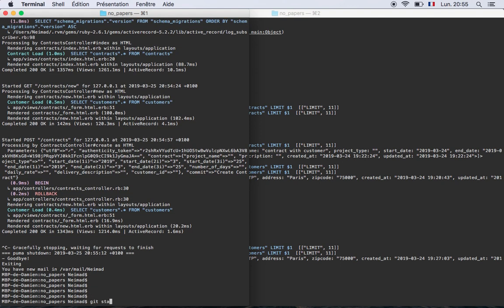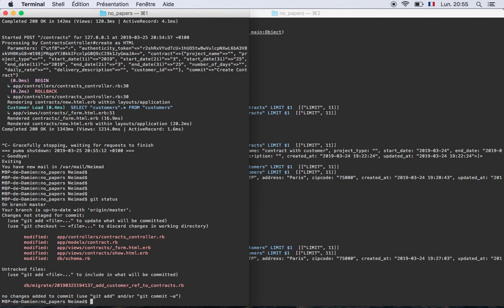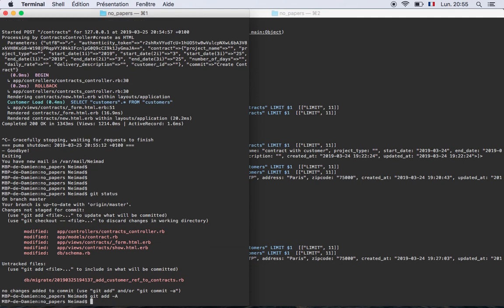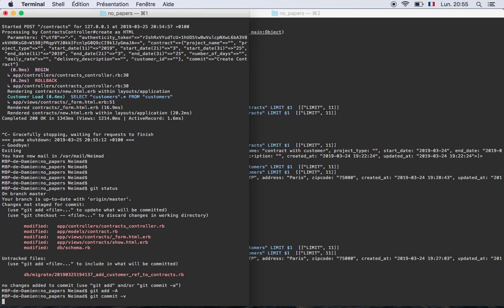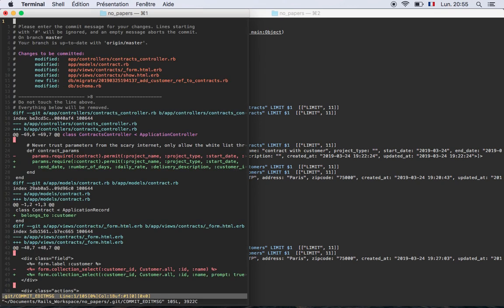So I'm just gonna add everything, like, let's see, status. Okay, so git add everything, and git commit. I think it was V. I'm doing it the way my mentor told me to do it. So insert, and this is basically